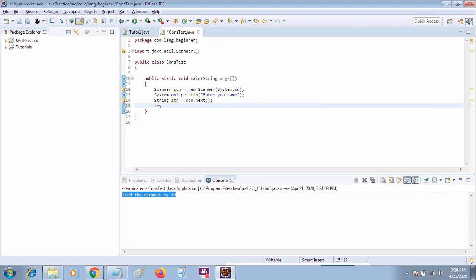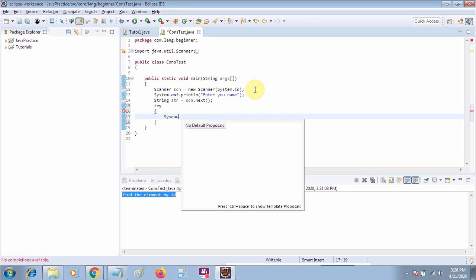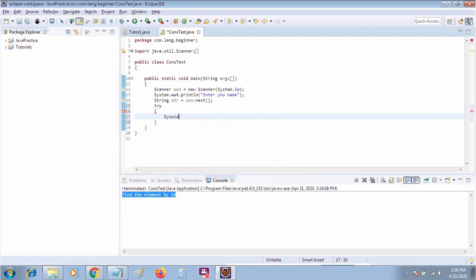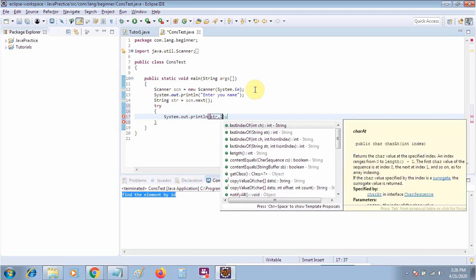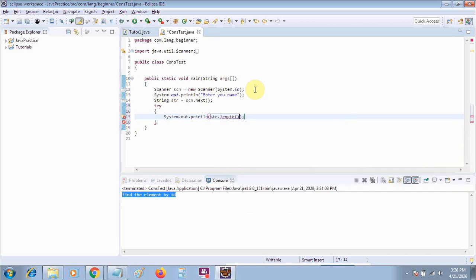For example, an exception may appear depending on whether the user is entering a valid value or not. In such a case, where we are not certain which kind of exception will appear, we will use multiple catch blocks.